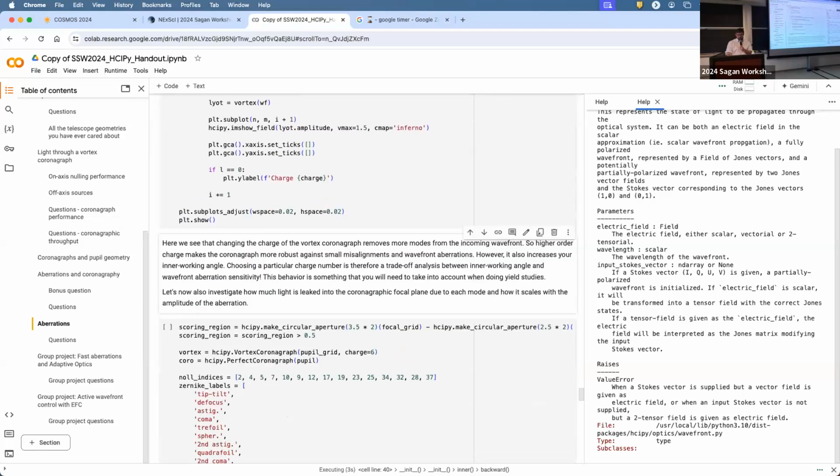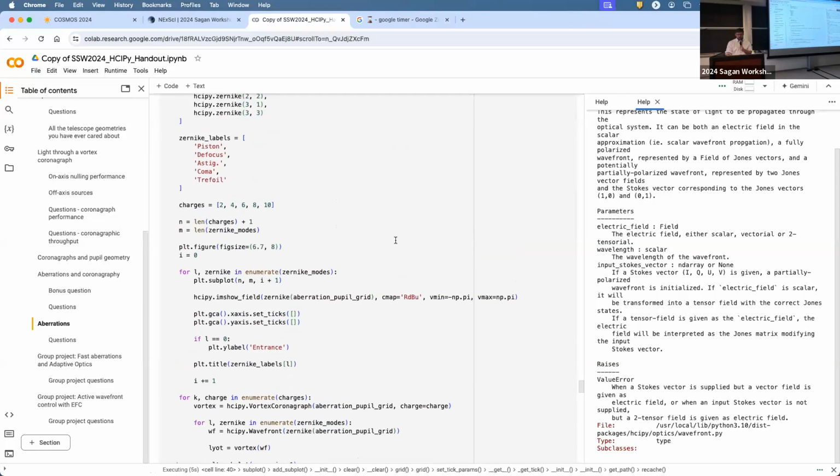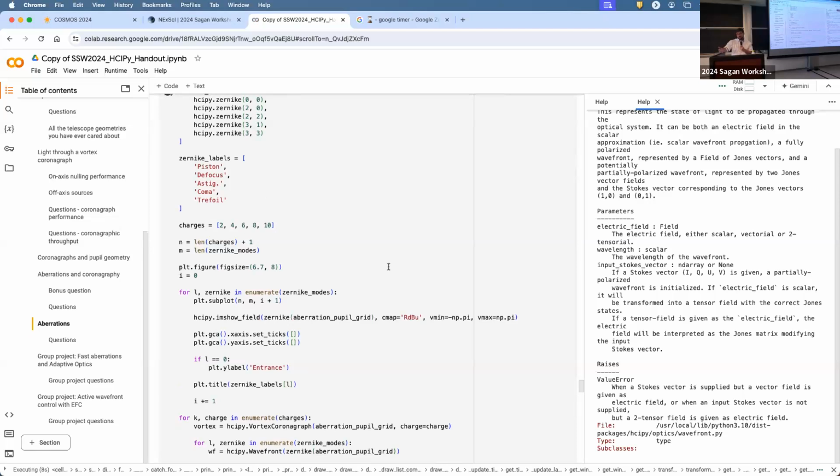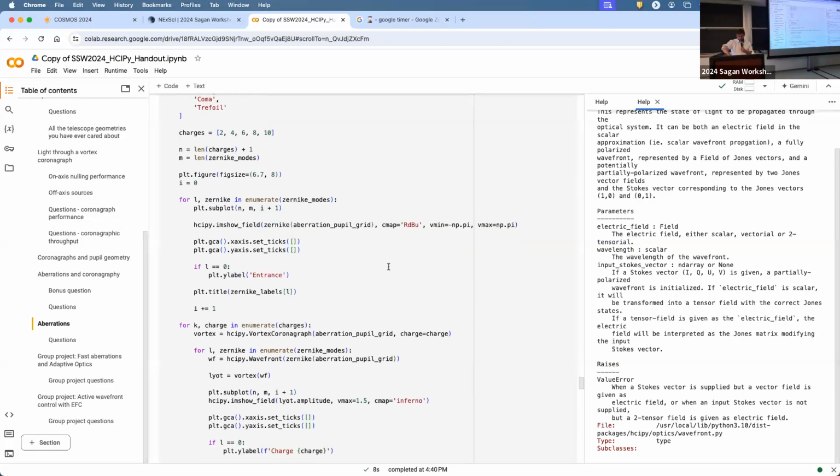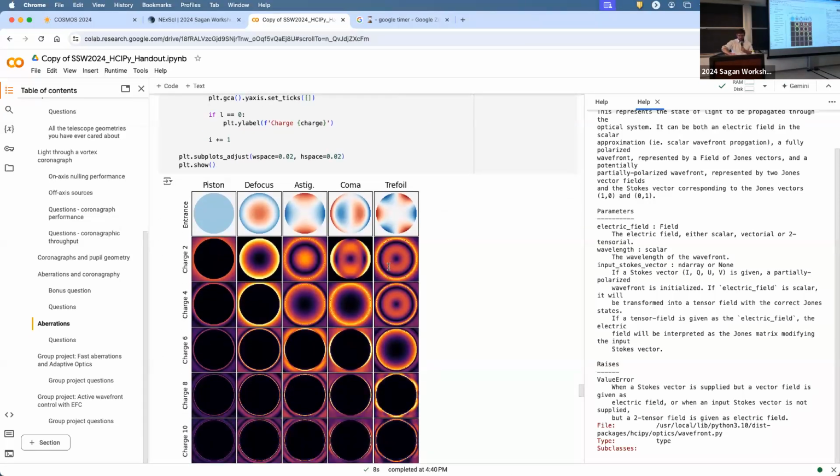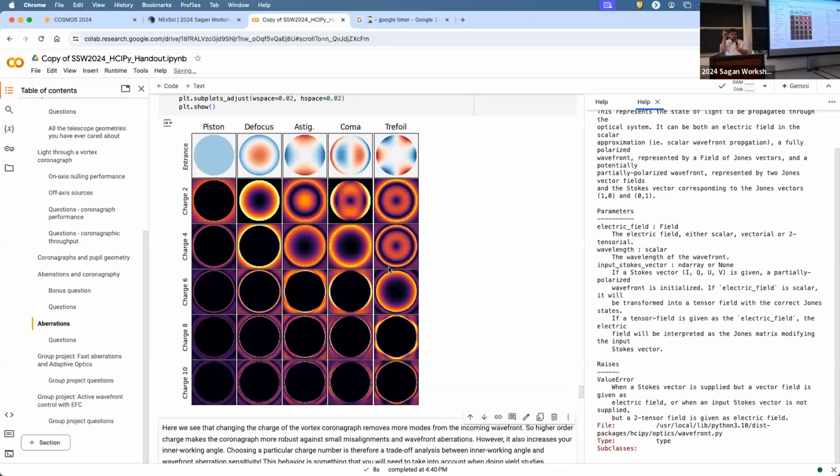And please follow along. This takes a little bit of time, because you need to propagate quite a lot of wavefronts. Oh no, wait, this is the other one. This shows how well each of those Zernike modes that I just showed are filtered out by the vortex coronagraph